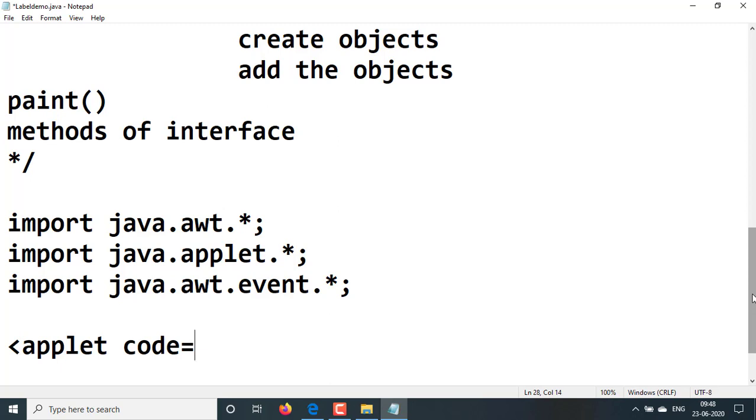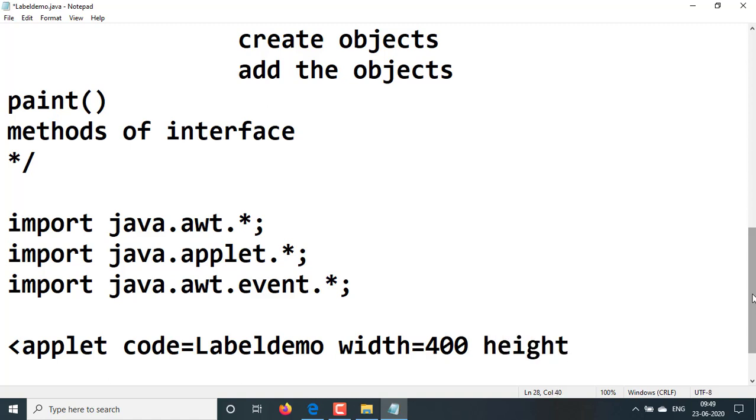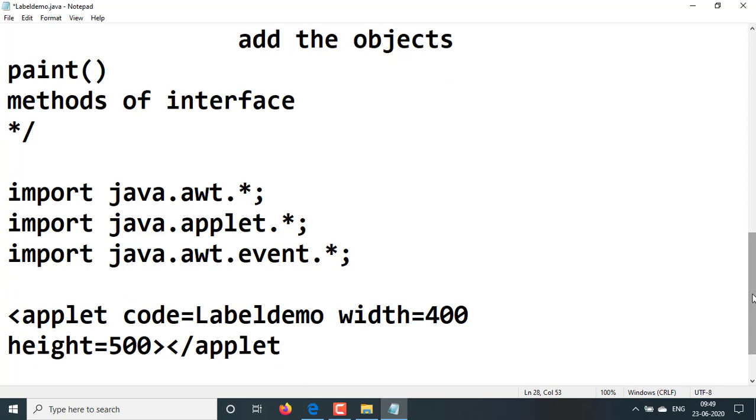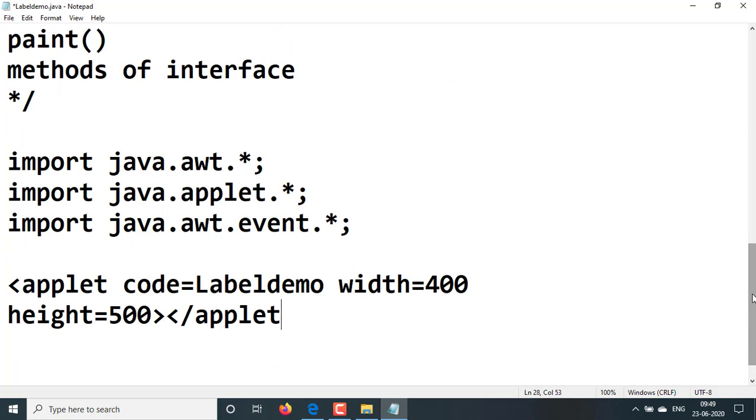I have taken the class name as LabelDemo, so I am writing here LabelDemo, space, width equal to 400, space, height equal to 500. This is the applet tag. Close this tag and completely close the applet tag like this, /applet. This is called writing the applet code.